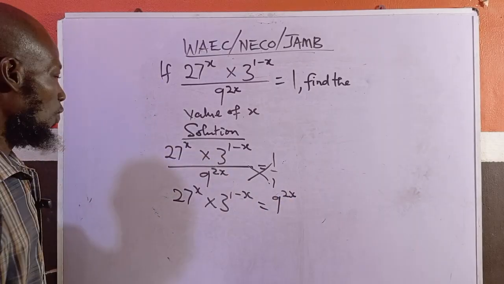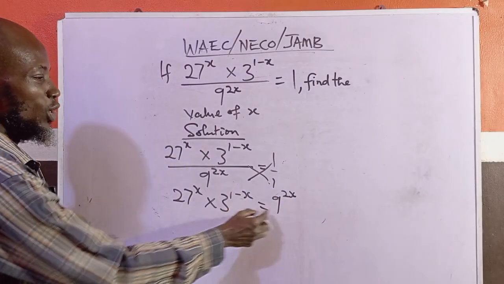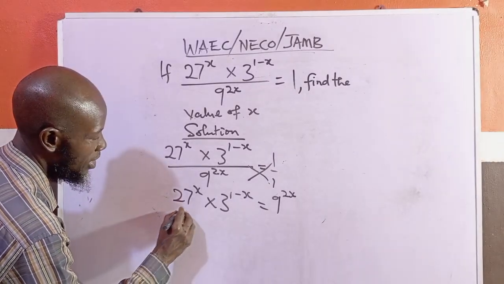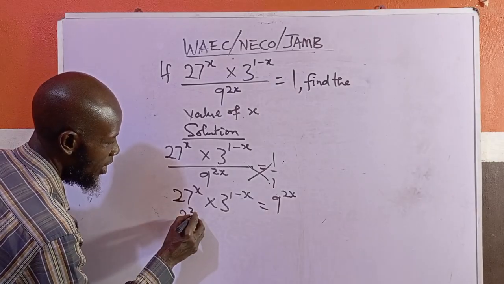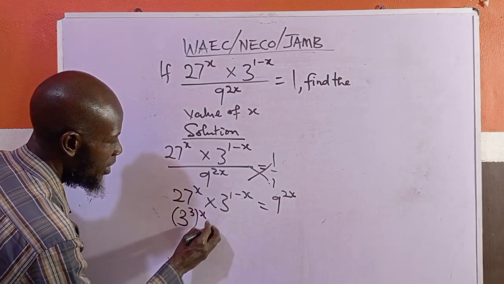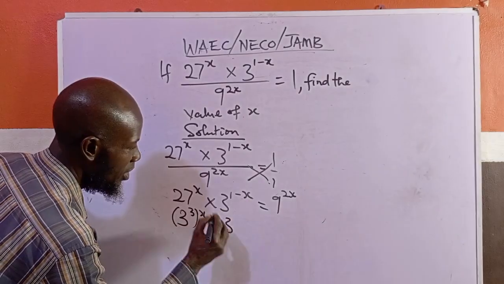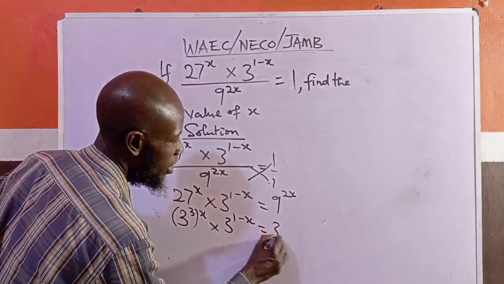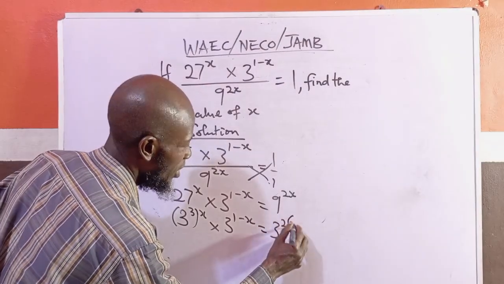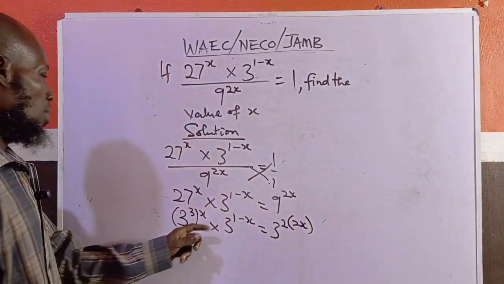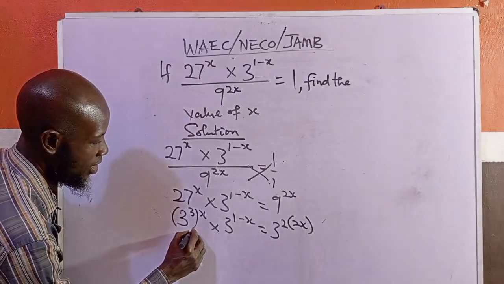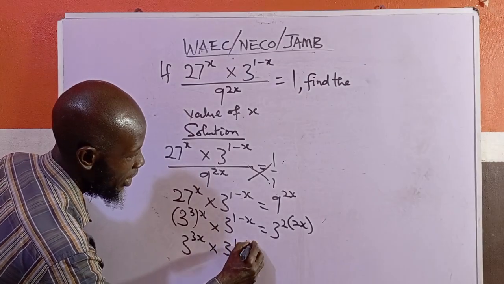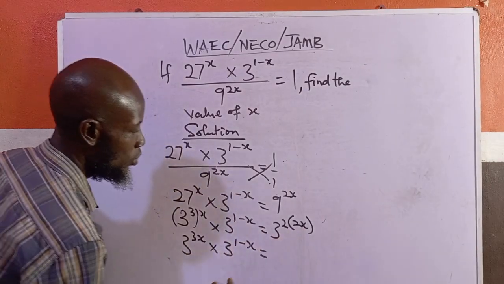2x. Now, from here, we can express each of these in index form. So this can be expressed as 3 to the power of 3, then x, multiplied by 3 to the power of 1 minus x is equal to. So 9 can also be expressed as 3 to the power of 2, and we have 2x here. So now, multiplying this, we have 3 to the power of 3x times 3 to the power of 1 minus x is equal to. So 2 times 2x, that will give us